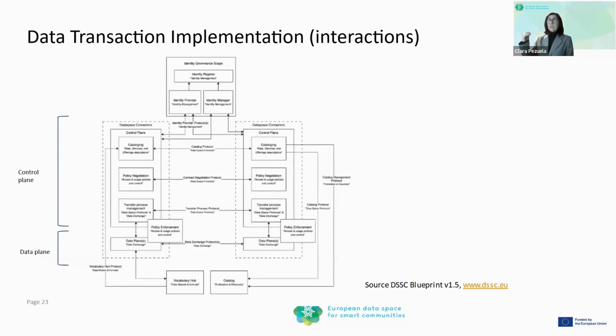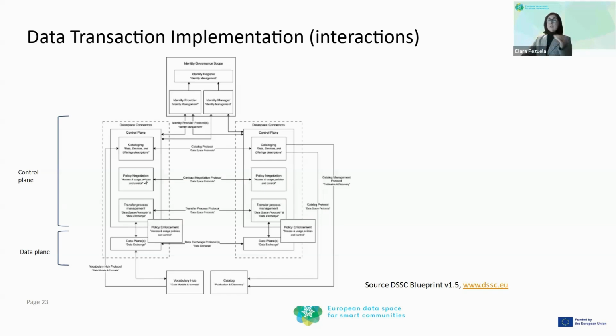Beforehand, before all this happens, you need to have all the credentials already registered for all the participants. You need to have all the data in the catalog below, according to a certain common vocabulary. And then it's always good to distinguish between the control plane and the data plane. The control plane is where, let's say, the transaction is agreed and negotiated.